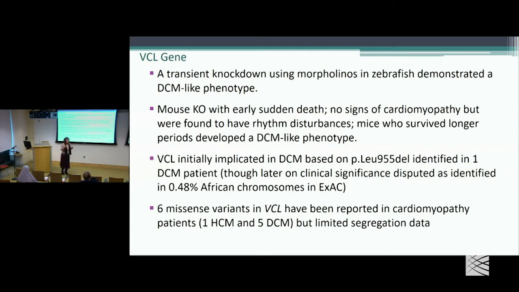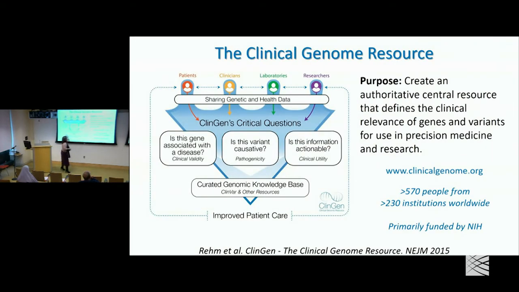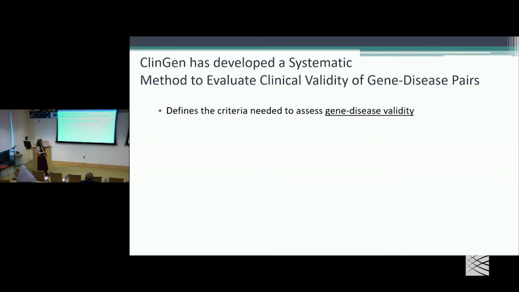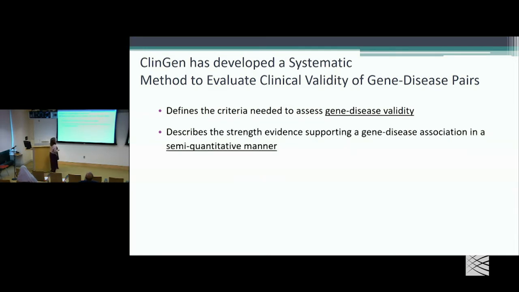Through a quantitative or even semi-quantitative approach, because we want to distribute these approaches to everyone in the world to look critically at gene-level evidence. So through the ClinGen program, which is developing resources to define both gene-level evidence and variant-level evidence and actionability, and providing that freely to the community, we started to address a systematic approach to gene-level validity. So the approach here is defining the criteria to assess gene-disease validity. It is a semi-quantitative approach, and you'll see what I mean by semi-quantitative.